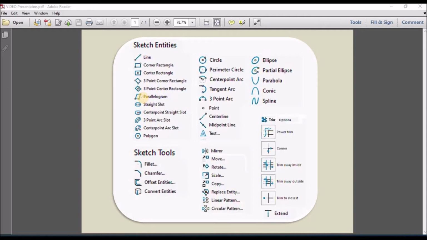Hi, today I'm going to teach you sketch entities in SolidWorks as well as sketch tools in SolidWorks.